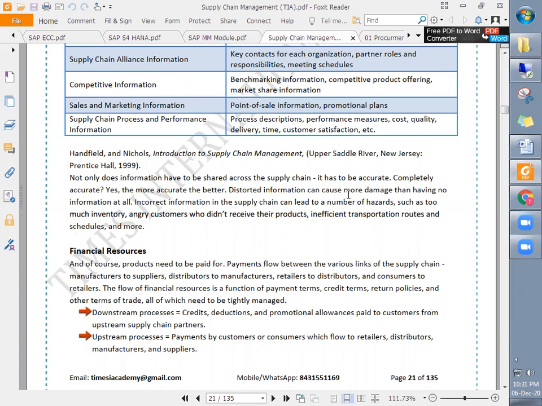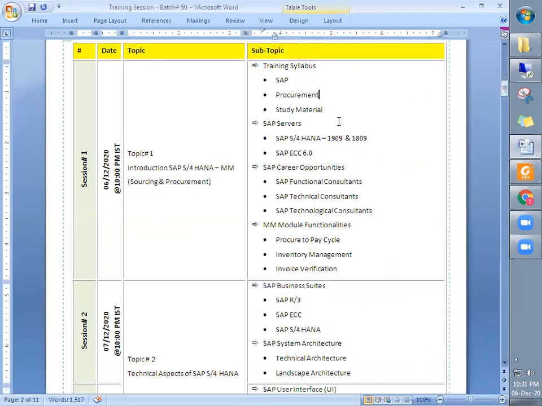So these many documents will be shared. This is all about the documents I wanted to discuss, and we just discussed SAP procurement.